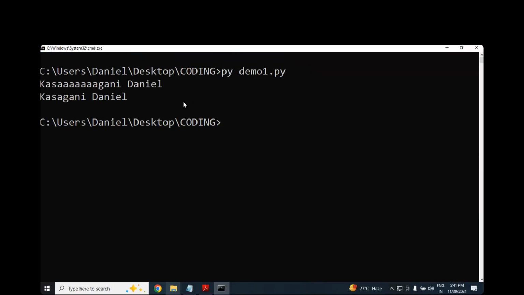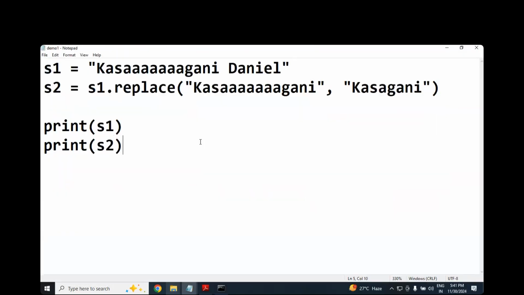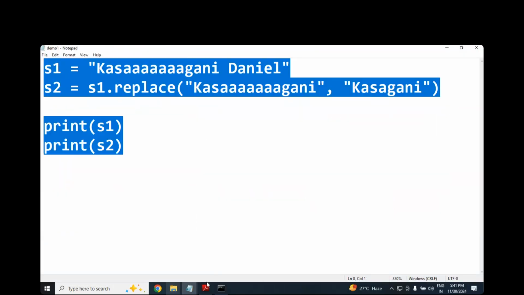Perfect. You got an idea, I guess. Okay, cool. Now, if you want, you can cross verify. One small point you need to understand. The point will be,